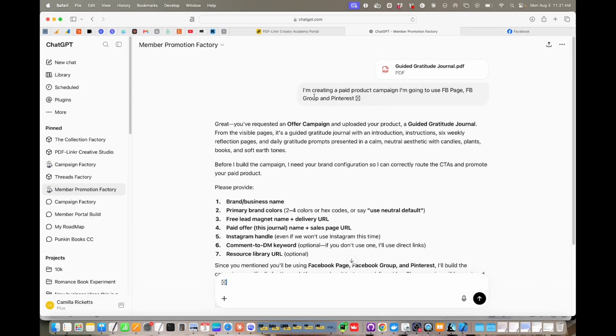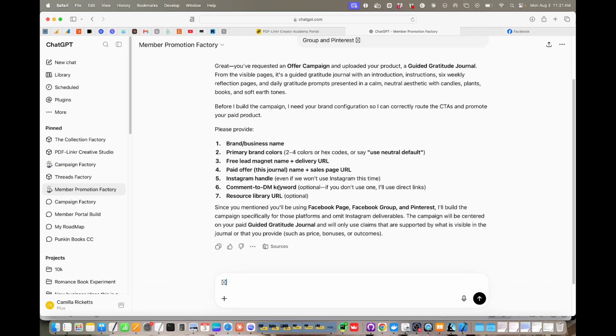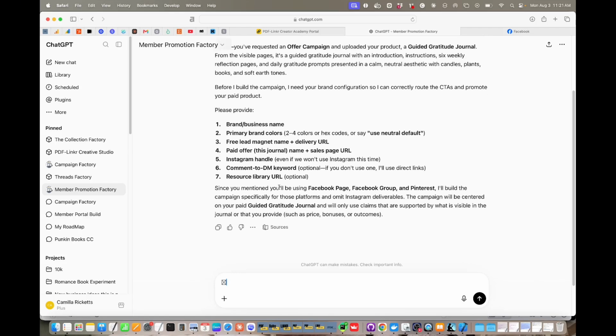So now that it's looked at my PDF, it is guiding me to provide the information that it needs to create each promotion image and information. So you need to enter your brand colors, or you can upload a brand image, a lead magnet, if you are going to do a lead magnet, if you're trying to build your email list, where this product is going to live. So if it's in Etsy, then you want an Etsy URL for your product, your Instagram,